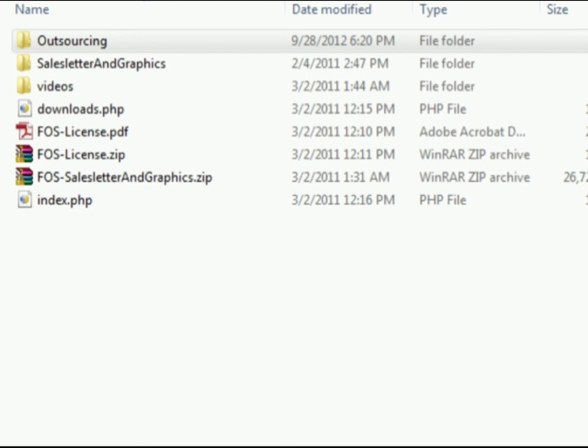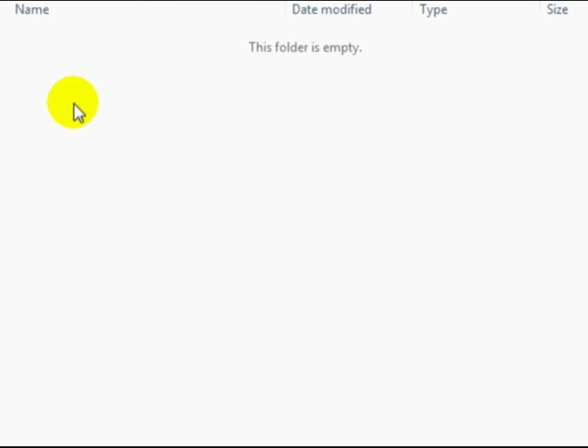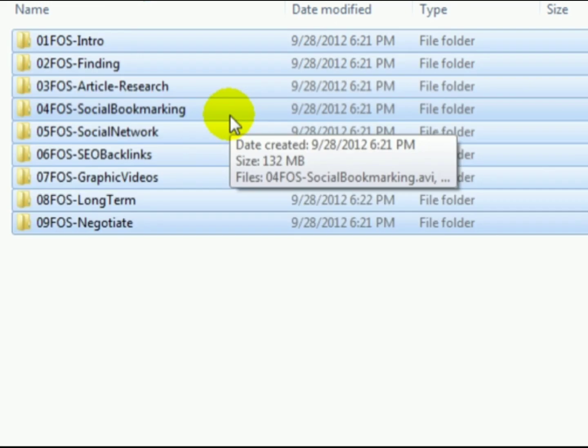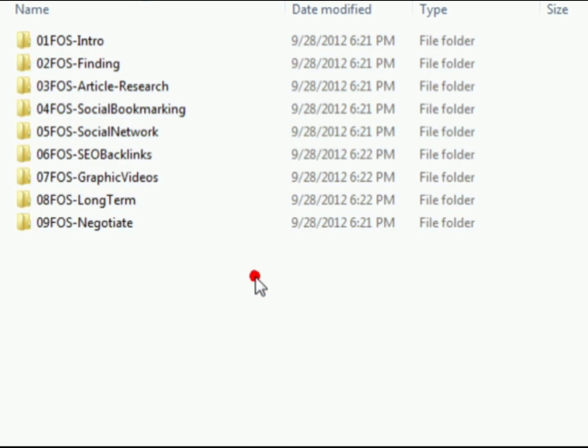The first thing that I recommend that you go ahead and do is to create a folder with the name of your fixed term membership site or the theme, and then add all of your content in this folder. Okay, so I went ahead and copied the content over to this folder, and let's say, for example, that I